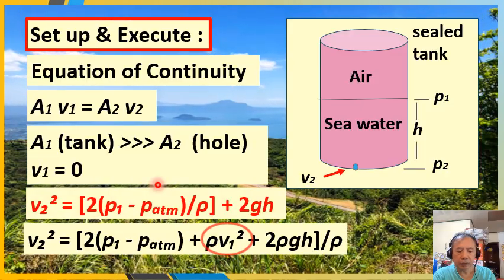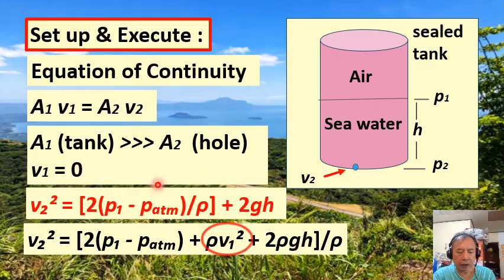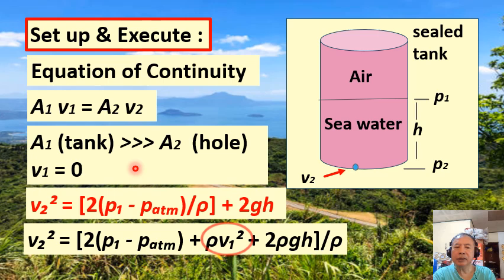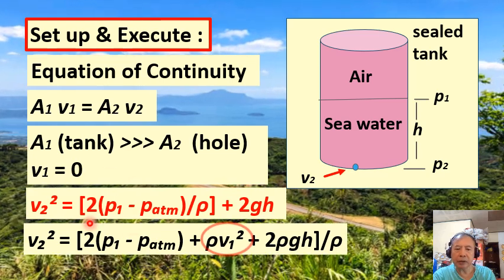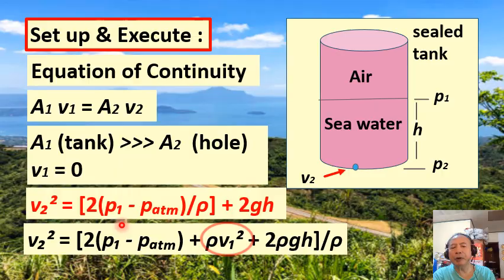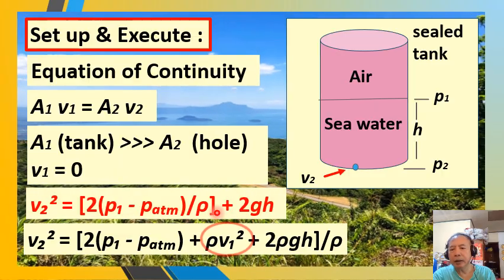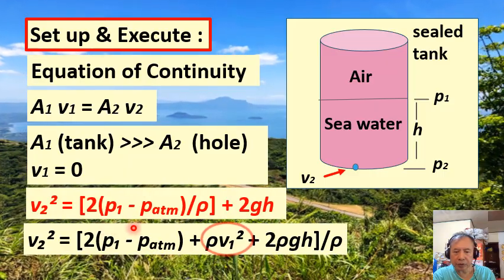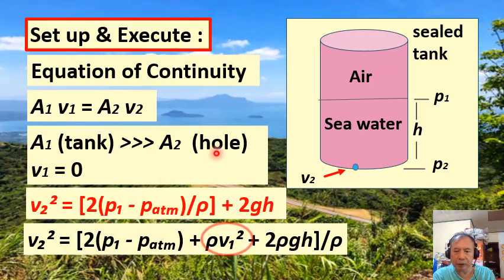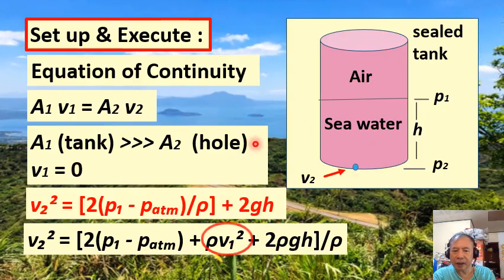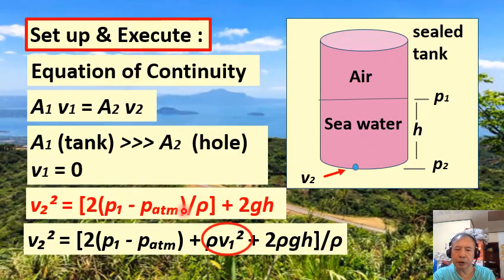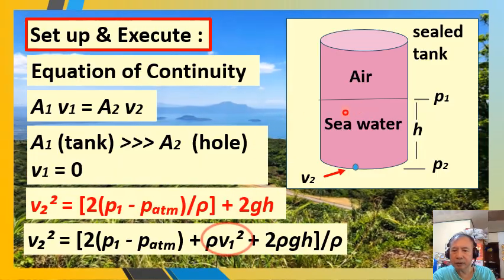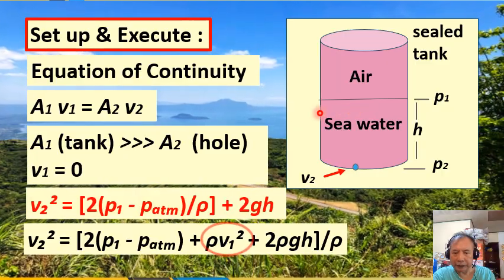So we can come up, because of that assumption that the speed v1 is 0, we cannot come up with our actual working formula for determining the speed v sub 2, all right? In as much as we have already eliminated the term in our previous Bernoulli equation, we already have eliminated the term that contains v sub 1, all right?